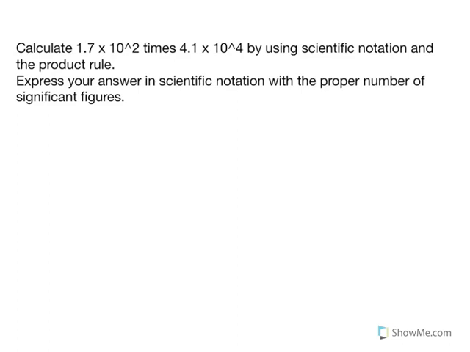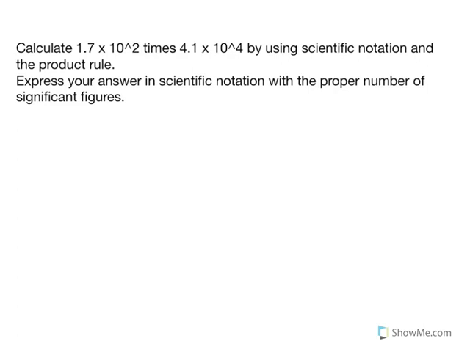Calculate 1.7 times 10 to the second times 4.1 times 10 to the fourth by using scientific notation and the product rule. Express your answer in scientific notation with the proper number of significant figures. Remember, when multiplying with significant figures, your final answer should have the same amount of significant figures as your least